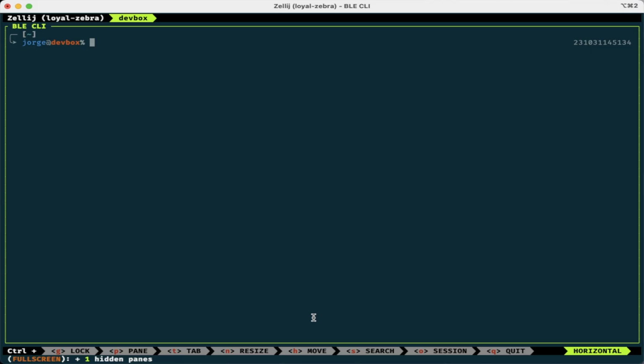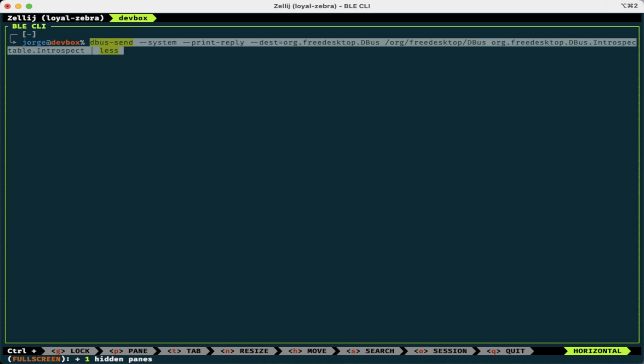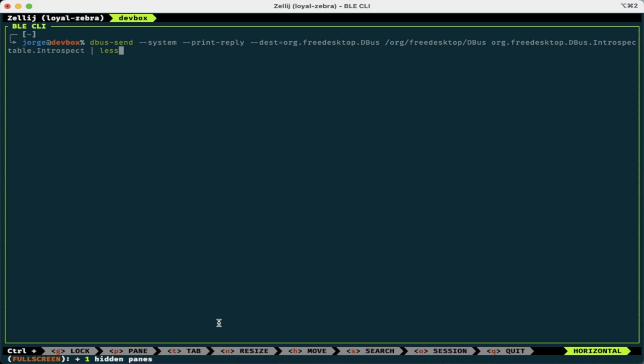Now that we understand the sequence of things that have to happen in order to talk to our BLE peripheral, we are going to try to reproduce the same sequence using DBus messages directly. We're going to use dbus-send, which is a tool that comes with DBus itself. The thing that we're going to do first is to use the tool in order to send a message to the destination